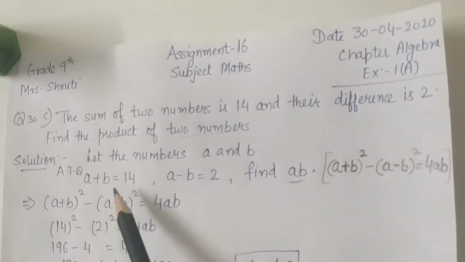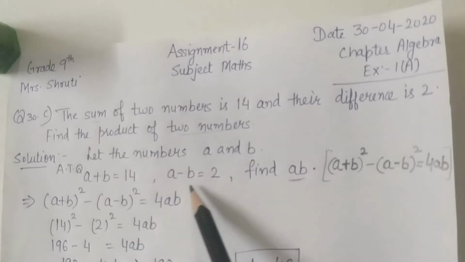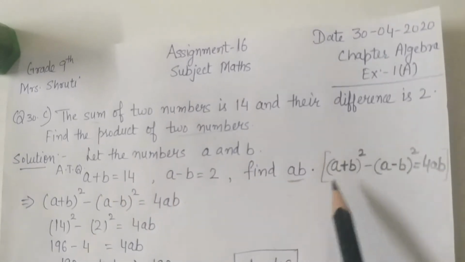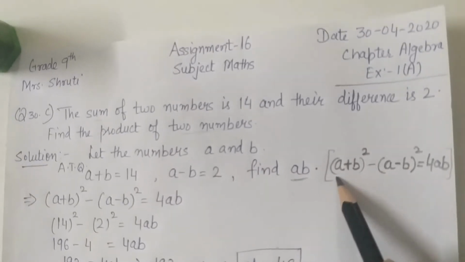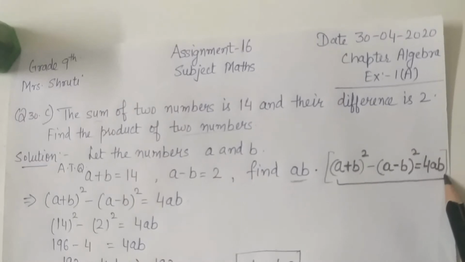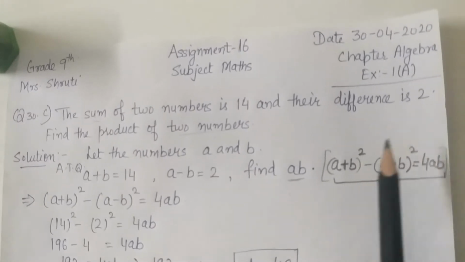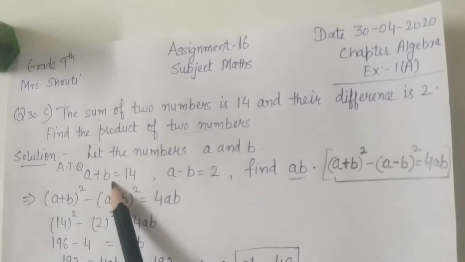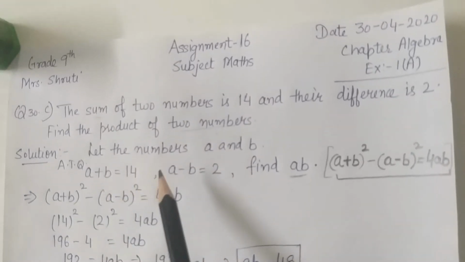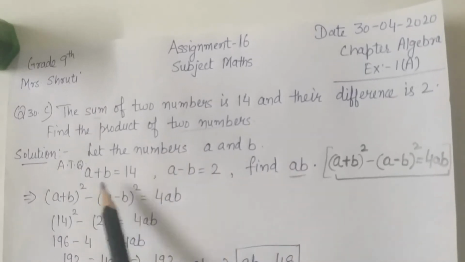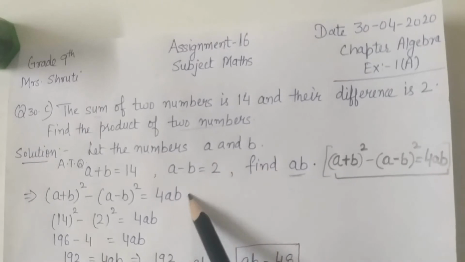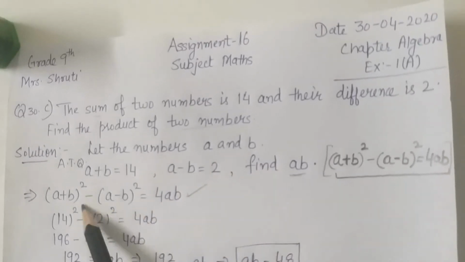Now, A plus B and A minus B, two statements are given to you and you have to find the value of AB. Then you have to use the result which we have already done in assignment 2. It's clear. If you are given only a single value like A plus B, then you have to use the formula A square plus B square plus 2AB. But now you are given two values, one is A plus B and the second is A minus B. Then to find AB, you have to apply this one.